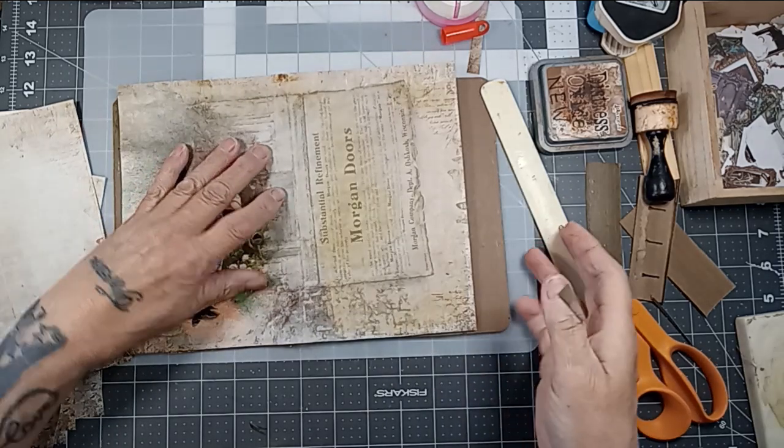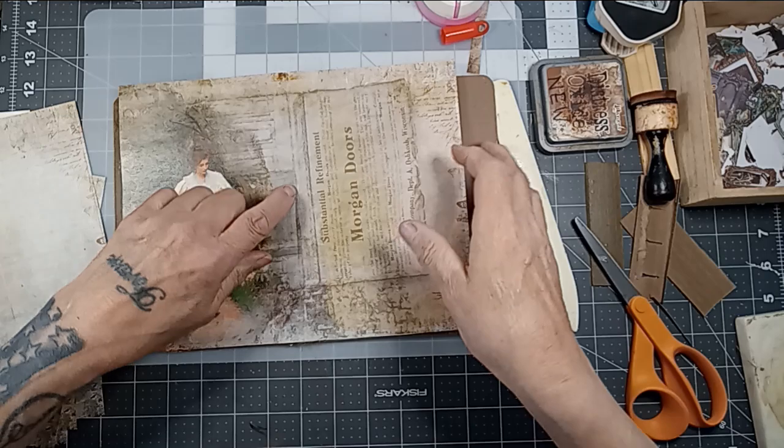Bus had curtains. This would be pretty on the back. But anyway,